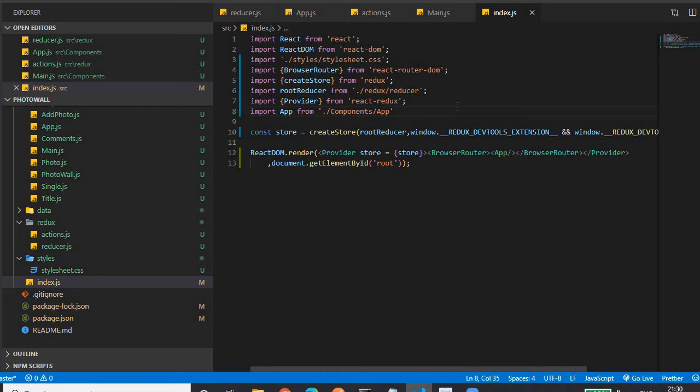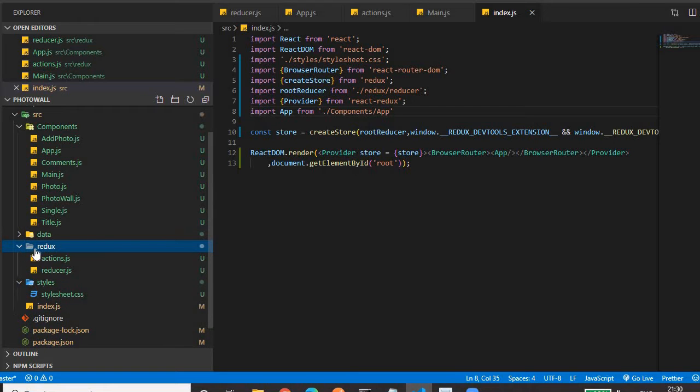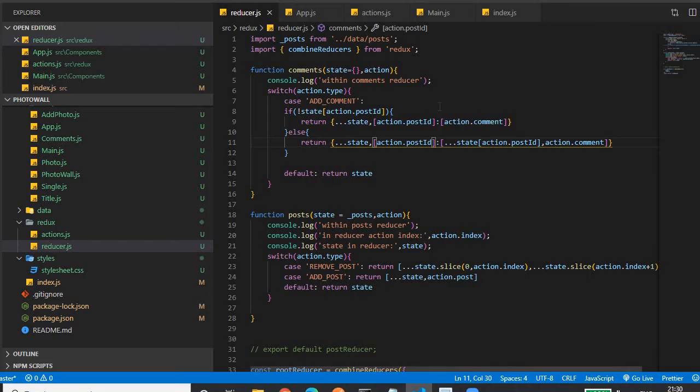So the next thing is, we have to create the reducer. For creating the reducer, I have created a folder named Redux. Then you will find I have created a reducer.js file, this one. I already explained, a reducer is a pure function which is used to update. By using this reducer, we are writing the new state in the store. So it's a pure function, with any name of your choice.